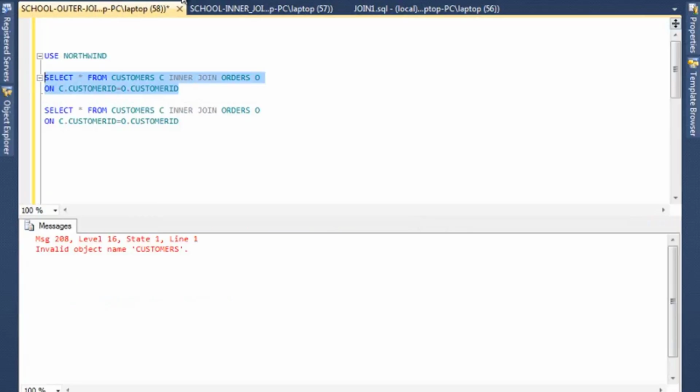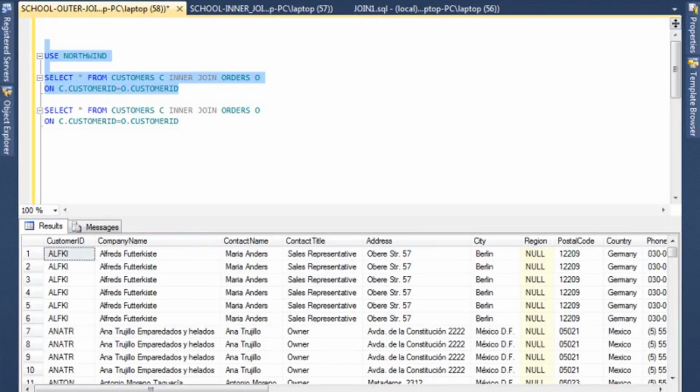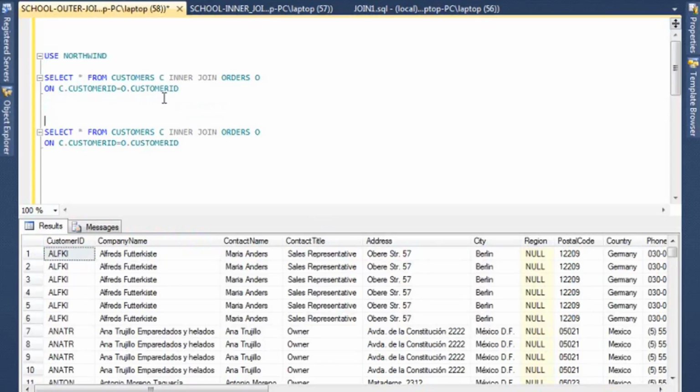This one I ran, remember, highlight this one, that we have 830 rows. That means there are 830 orders that have been placed by our customers. Now for the outer join, all I need to do is